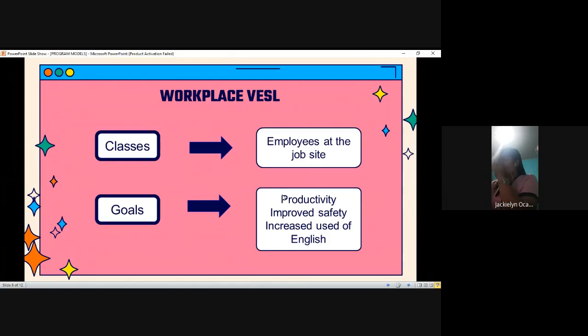The goals of workplace instruction are often higher productivity, improved safety, and increased use of English. For example, the mechanics who have to read instructions or the manual, and the doctor who needs to keep up with the developments in their field.